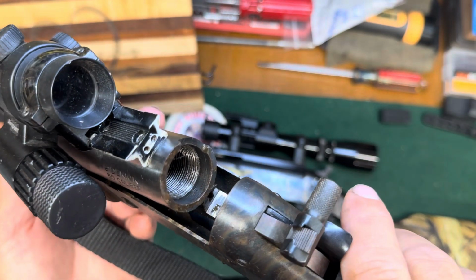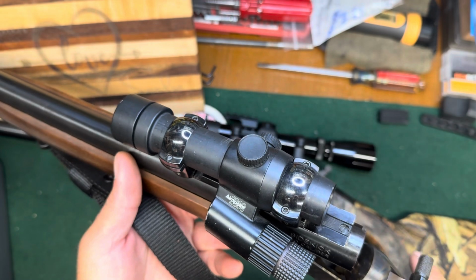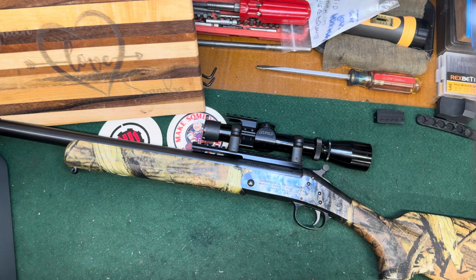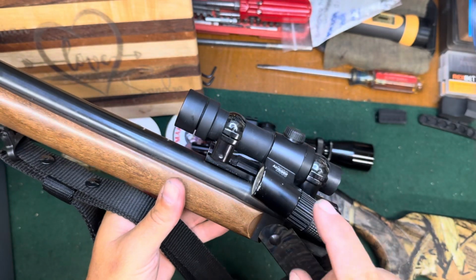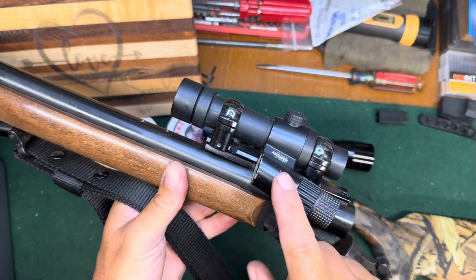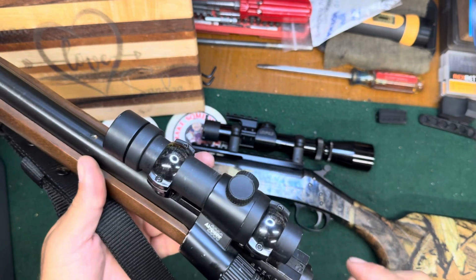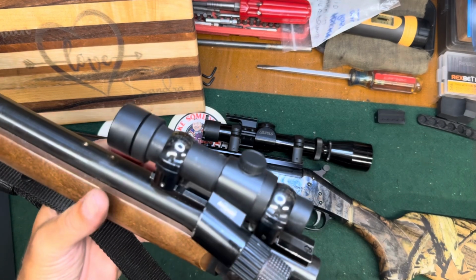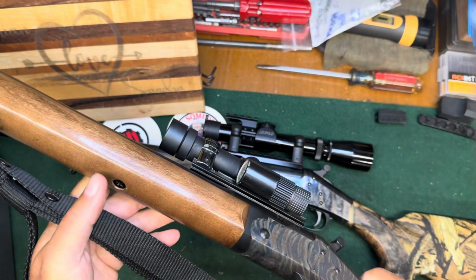Now, I don't have a breech plug in here. I don't leave breech plugs in my muzzle loaders because I find that the airflow through them helps immensely with corrosion. And if you look through this, of course you can't, but I'll look through for you. It's just as clean and bright as the day I put it away and cleaned it last year. But the reason I brought it out is because I usually run red dots. These are aim point red dots, and this is what I usually run on my muzzle loaders. So the fact that now I'll have a 1 to 4 is just going to be a slight step up